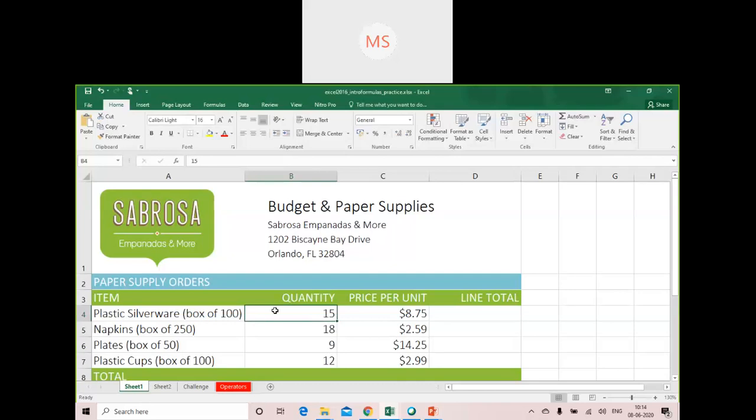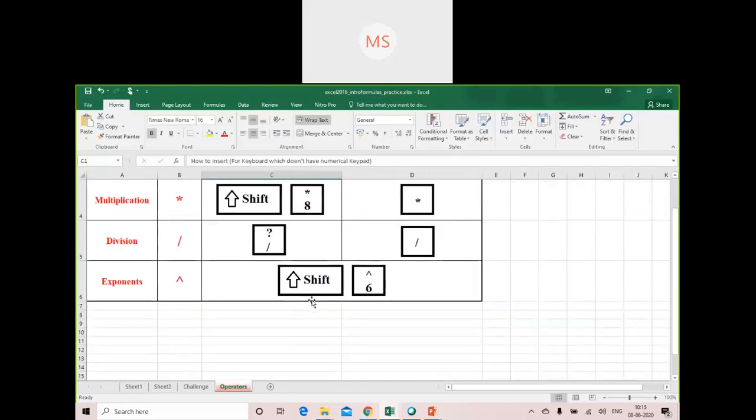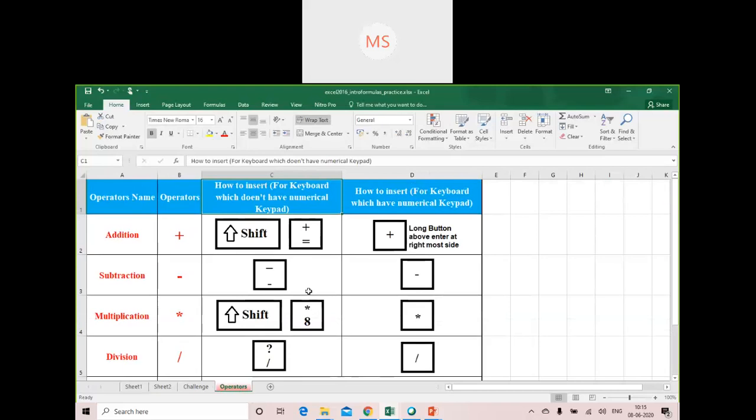Excel uses standard operators for formulas, such as the plus sign for addition, minus sign for subtraction, asterisk for multiplication, a forward slash for division, and a caret sign for exponents of a particular value. The operators are visible here. You can see how to use them on your keyboard according to your keyboard configuration.